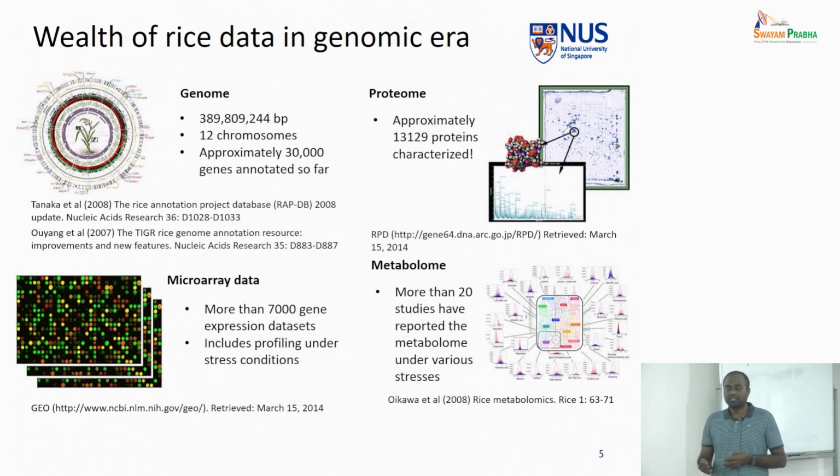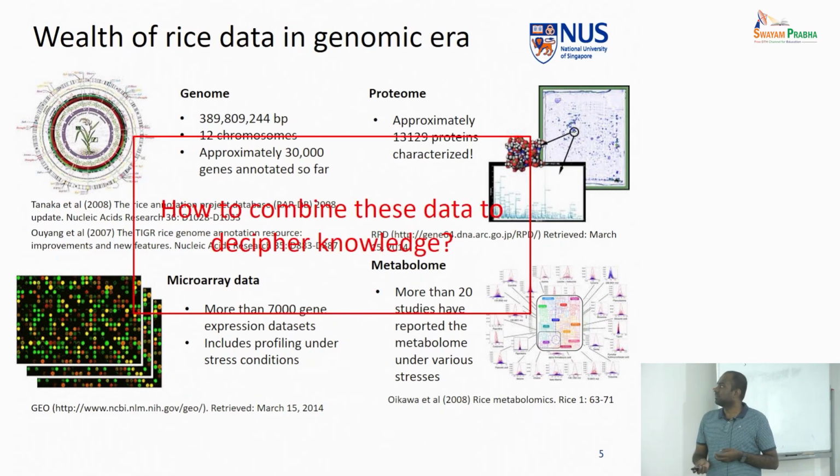So, in the case of rice, the secondary metabolites may not have a role very specific to health benefits, but rather a role in individual tissue development. Say, for example, how a leaf is able to sustain photosynthesis and what the role of the secondary metabolites is in the assembly of leaf tissue and so on. So the objective of this particular approach is to combine. We already know all these data are available. So we want to combine all these things and make sense of them in a holistic manner.